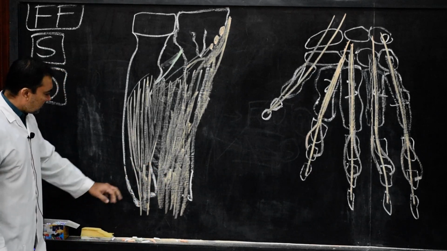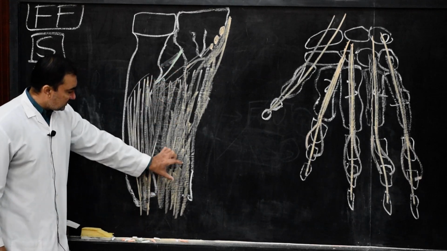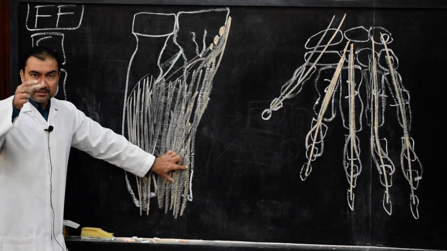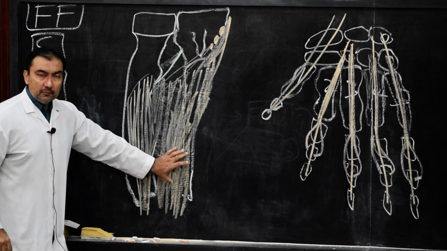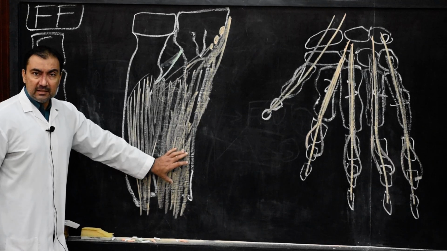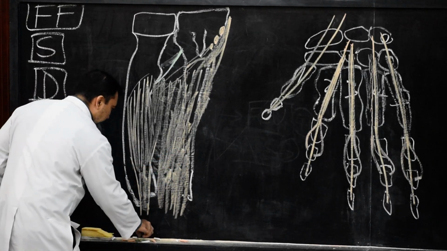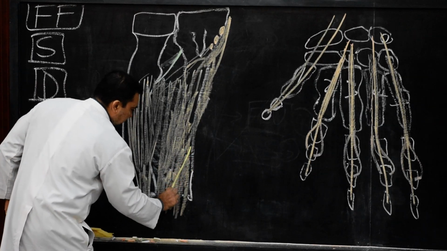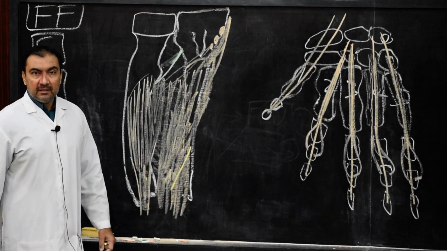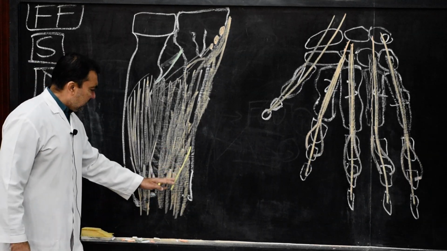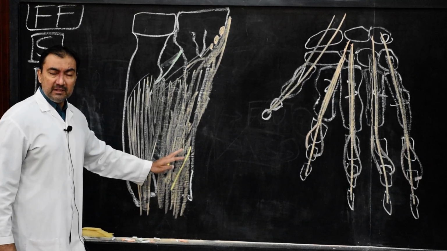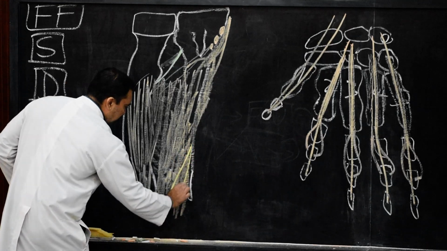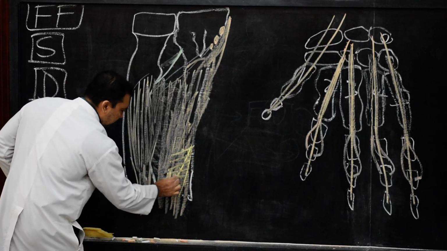Now what is the origin of pronator quadratus? The origin of pronator quadratus will be from the anteromedial part. There is a ridge on the ulna. So in the lower 1/4 of the anteromedial part of the ulna, there is a ridge, and from this ridge, here if I mark the origin, yellow color I am going to show, there is the origin of pronator quadratus. So the origin of pronator quadratus will be in this way.